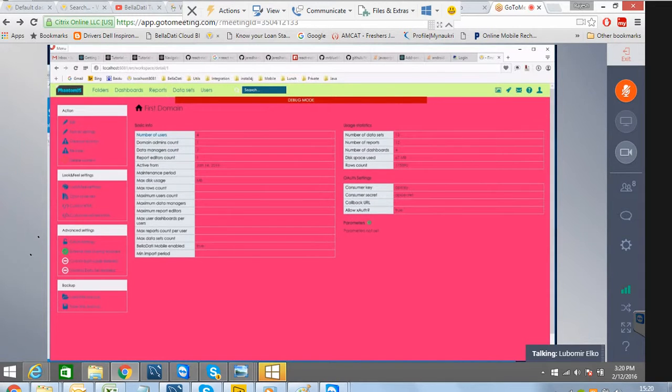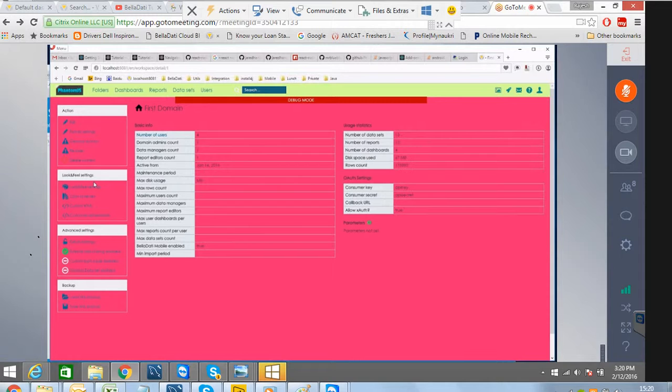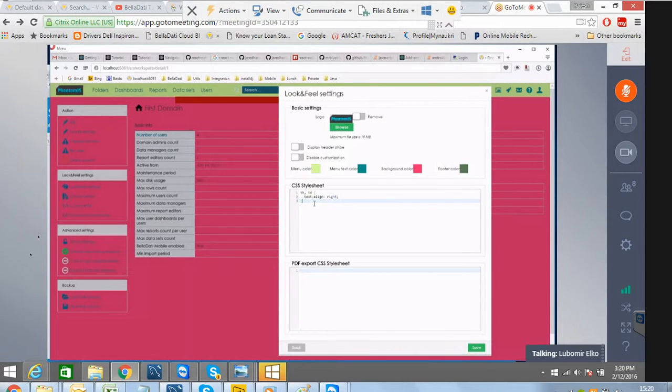I can also provide some customized CSS style. For example, if I apply a style sheet, and I want to change the direction or text alignment